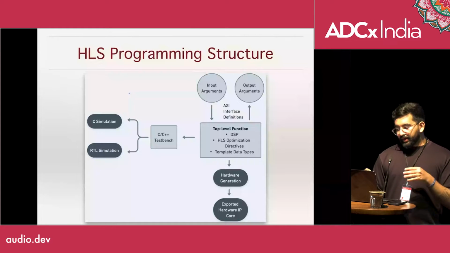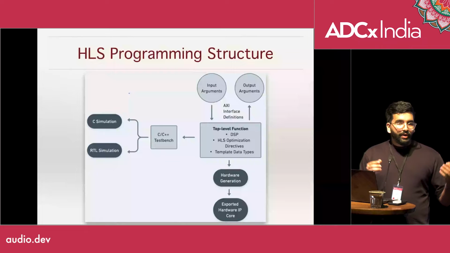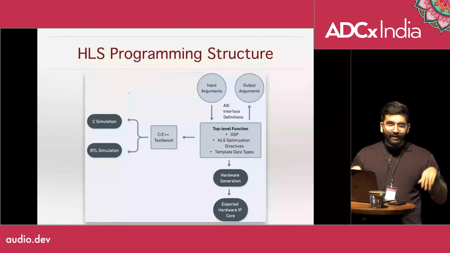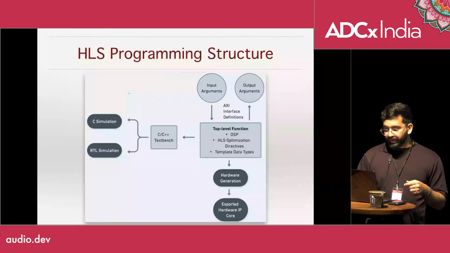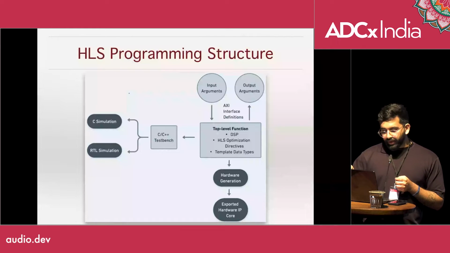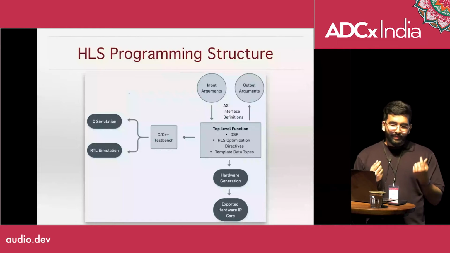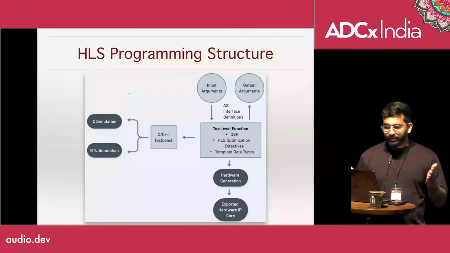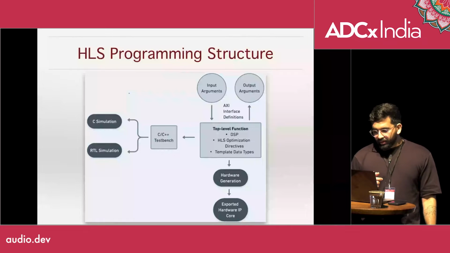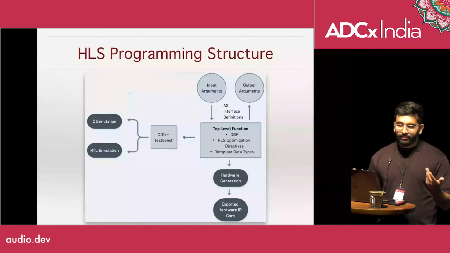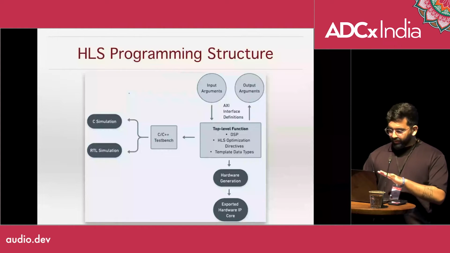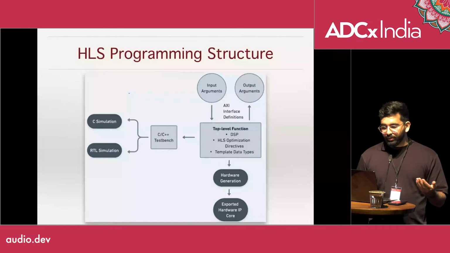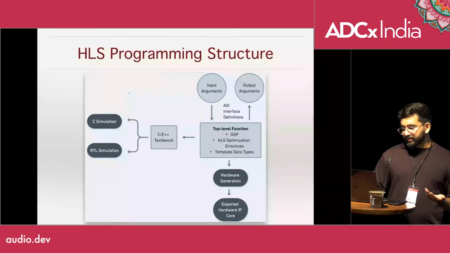So our top-level function is analogous to what our module will be eventually on the FPGA. For example, if it's an oscillator, all my oscillator processing will be inside the function. Then we have input arguments and output arguments, and they all have to be specific data types, and interfaces have to be defined according to the AXI standard, which is the standard used in hardware and all of our integrated circuits and embedded systems. Again, not going to get too much into details, but that's how we decide how we communicate into and out of the module.